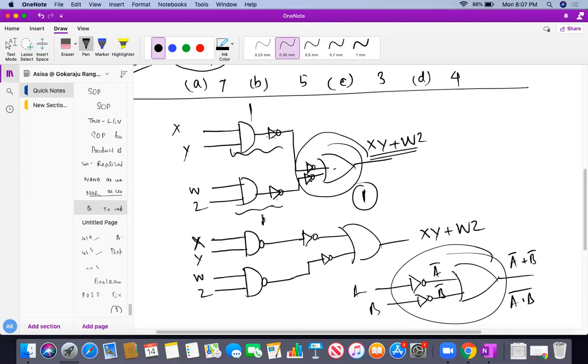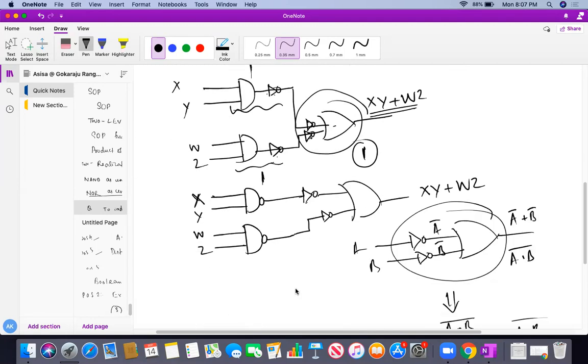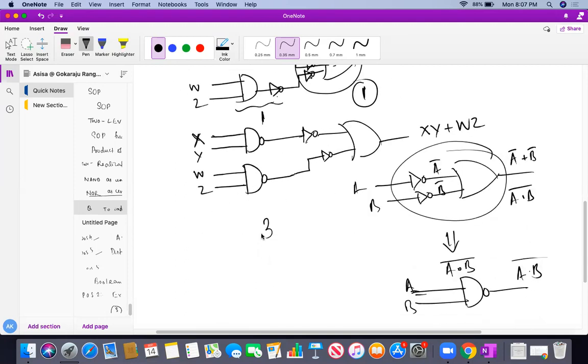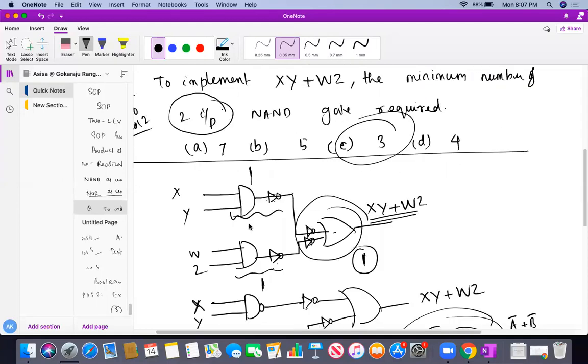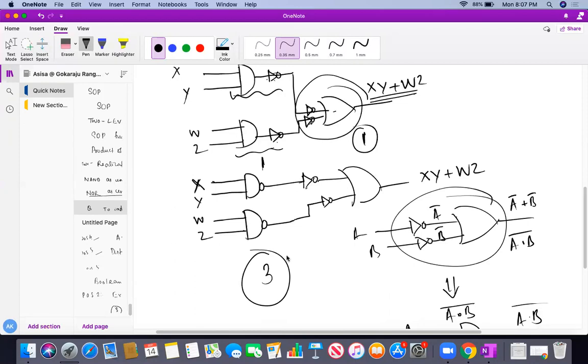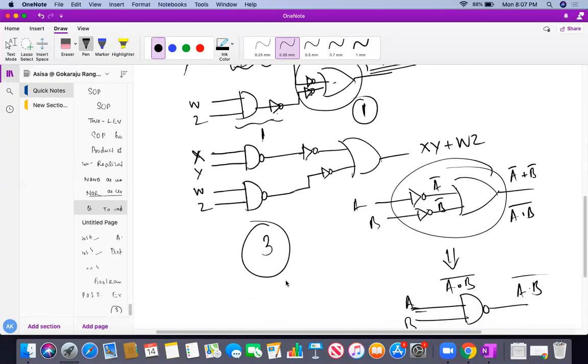Here also I can express this with one NAND gate. So how many NAND gates are required mainly to design this two input NAND gate? Three NAND gates are required. So for here, 3 NAND gates required. So choice is 3. Do you all understand? Very simple. This is also called what type of logic realization, students? This is actually your